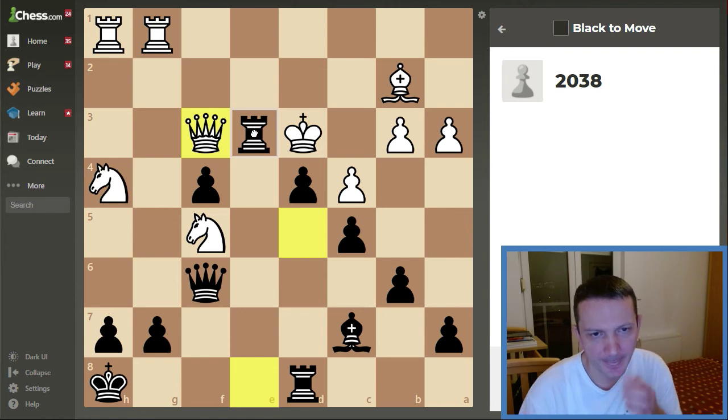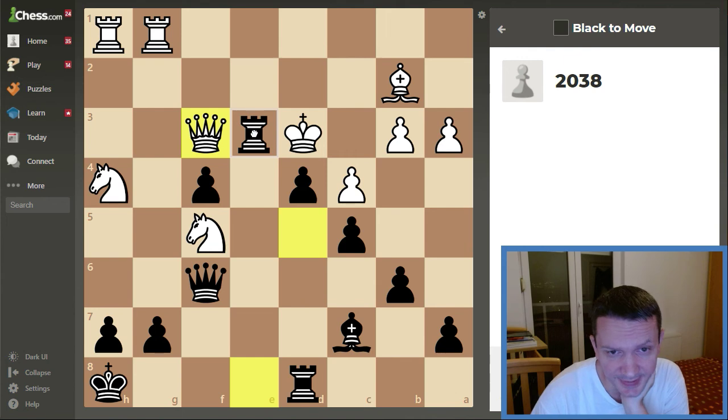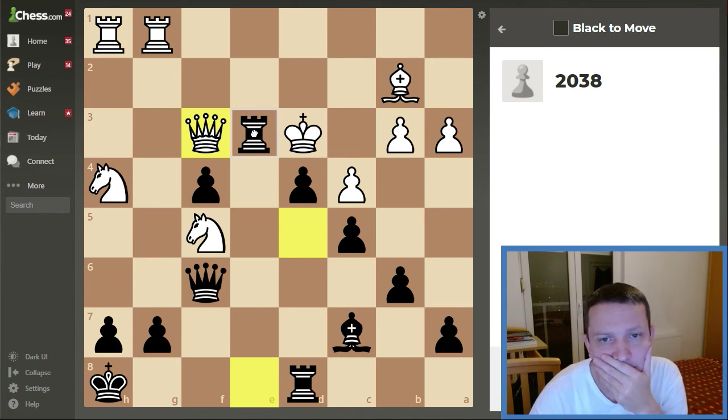If knight takes, if knight takes, if knight takes, we can take with the d pawn with the discovered check. Rook is checking, and also our queen is attacking the bishop on b2. Maybe still good. We are winning